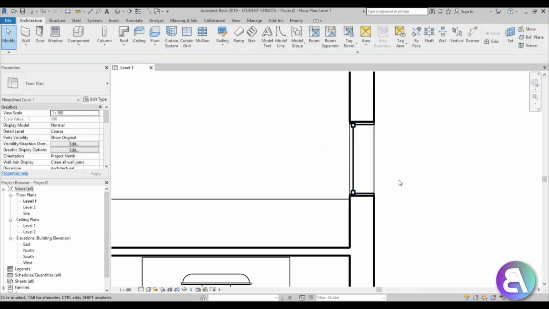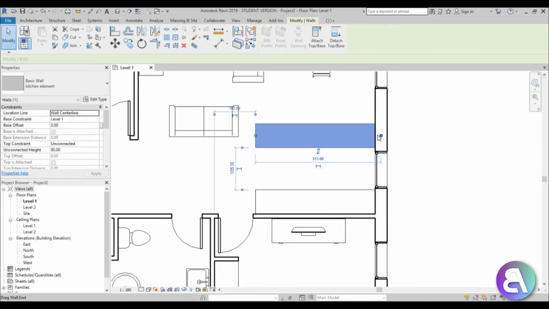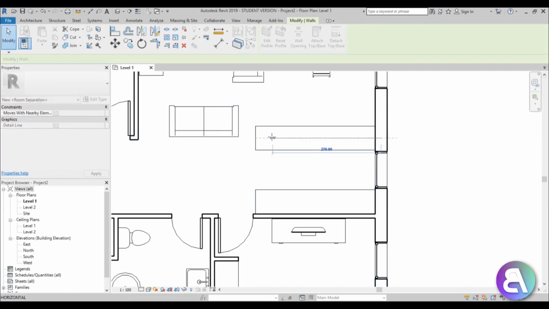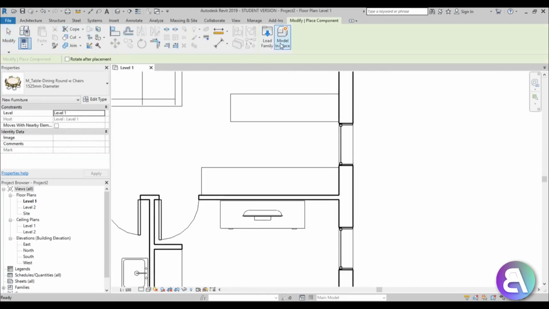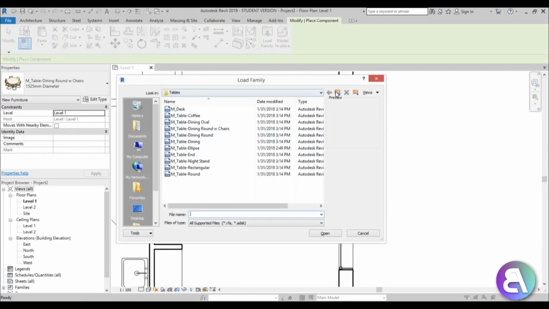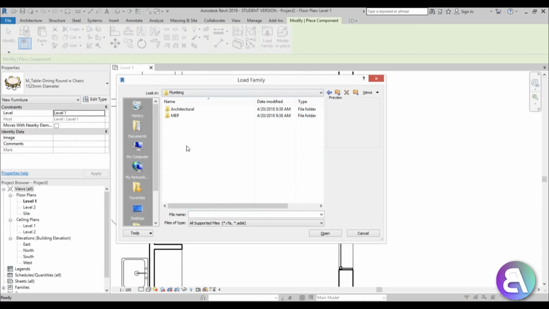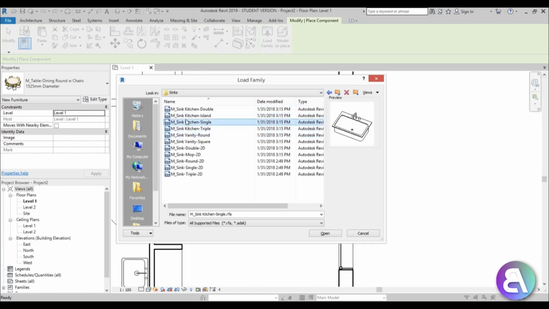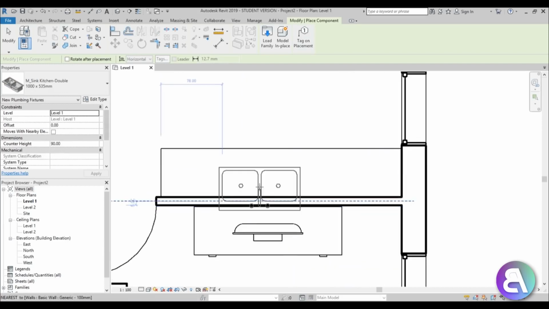So let's move the window over here, select this, copy this wall over here, kind of like that, so we've got something there. Maybe make this a bit smaller, yeah, and let's place some elements over here. So go to component, load family, drop back a few folders, go to plumbing, architecture, fixtures, sinks, kitchen sink double, I like this one, and it's already at a counter height of 90, so just place